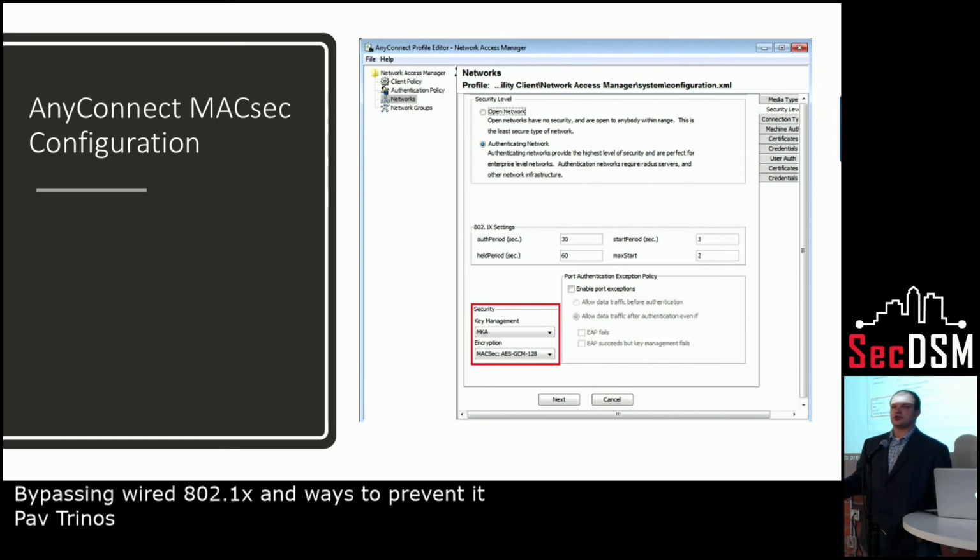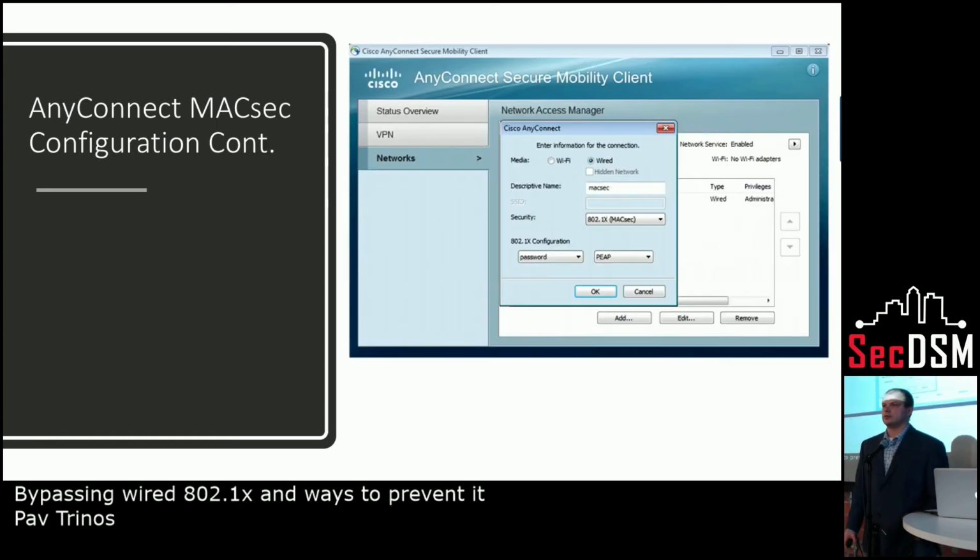If it's not centralized, how would you do it? If you give your end users enough authority to move around the workstations, hopefully without admin privileges, you can give them the authority to do it manually at the AnyConnect level. Again, under networks, just a few drop downs and be done with it.